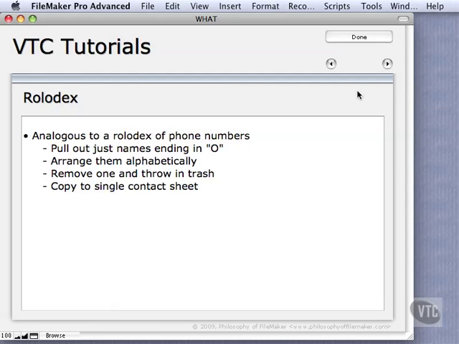The only difference with the databases is that it's much more sophisticated. In fact, you don't have to redo all this work. If you want to create a contact list, you simply find all the people you want and print it. You don't have to copy it to another contact sheet. So it makes things much easier. So as we're going through all these tutorials, if you're very new to databases and don't understand them, just keep thinking of the Rolodex. It's the perfect example of a database. Of course, a database can do much more, but that'll give you a good foundation of knowledge for it.